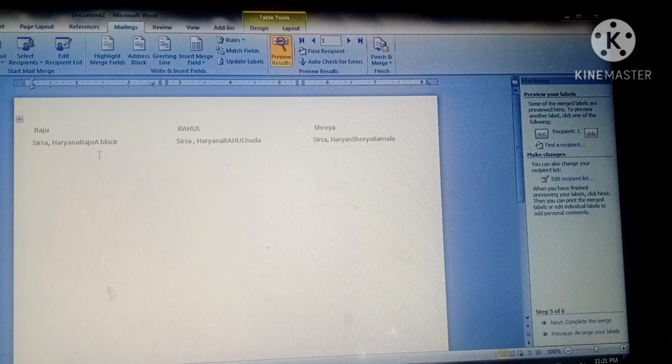I had only 3 records in my data source, and you can see the 3 records, all the data about the name and their address is showing here. This Raju, Rahul, Shreya, it is showing here. Now you can cut these rectangular pieces and paste them on your envelope.